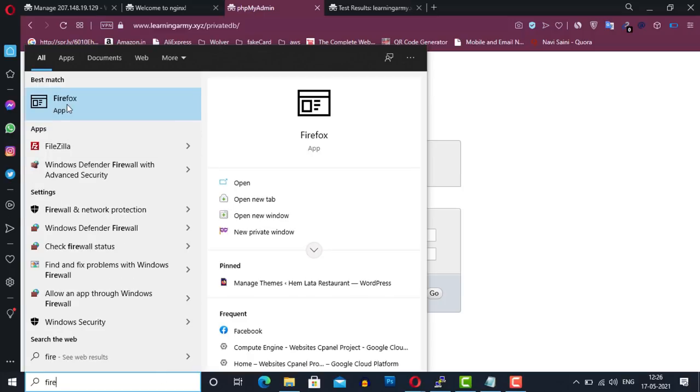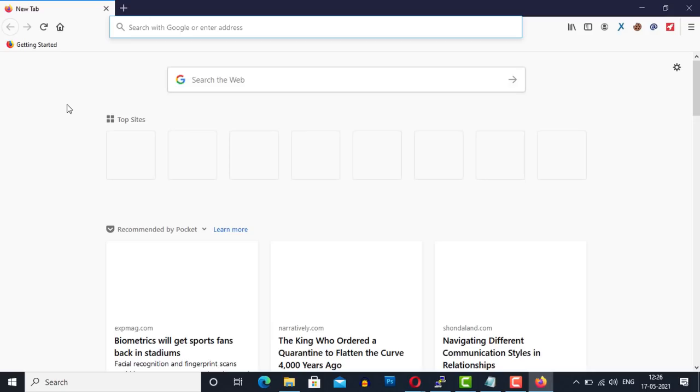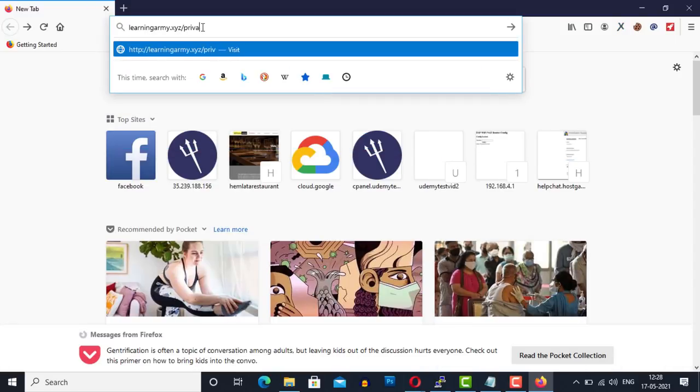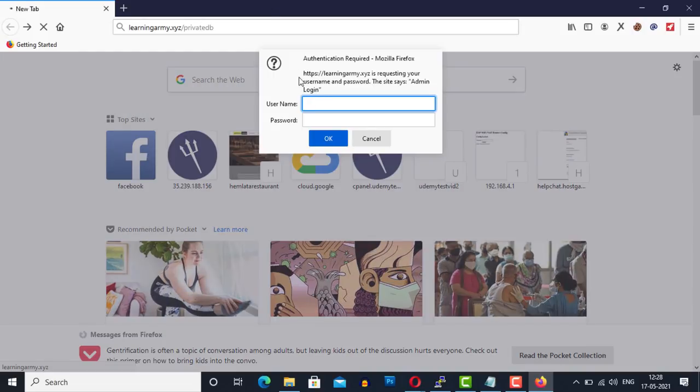Now let me enter the wrong data to confirm whether it's working correctly or not. So I'm going to open another browser. Type the phpMyAdmin URL and press enter. It's asking for the credentials. So first let me enter the wrong password.